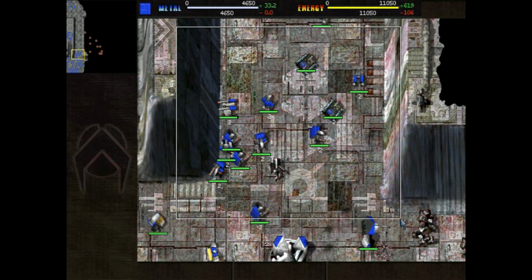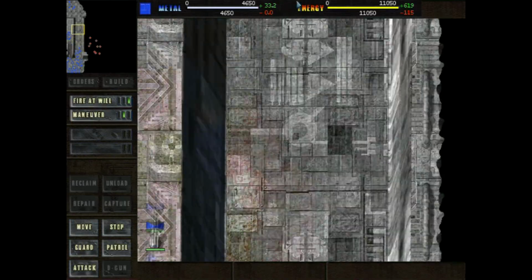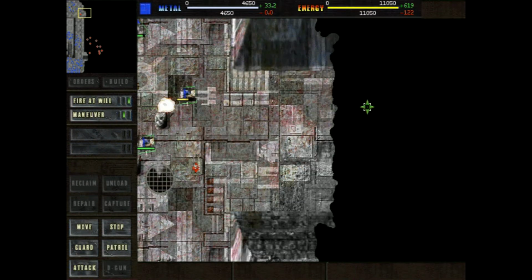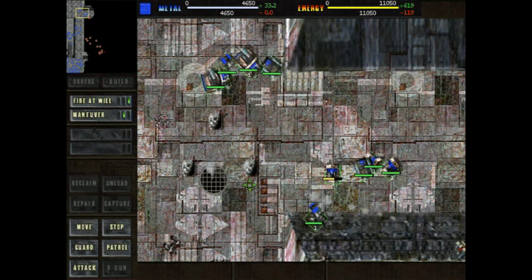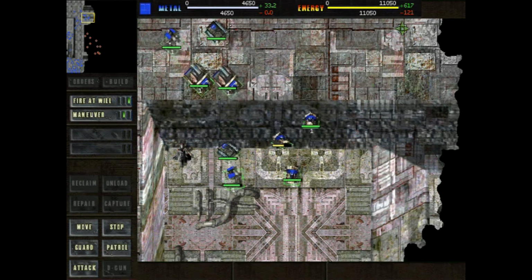So the 5 kill unit had a faster firing speed, but other than that, damage wise, not really. So I've not done enough tests to prove that yet. Oh, that was really well camouflaged. I only saw a little red dot over there, but not the full unit, so...